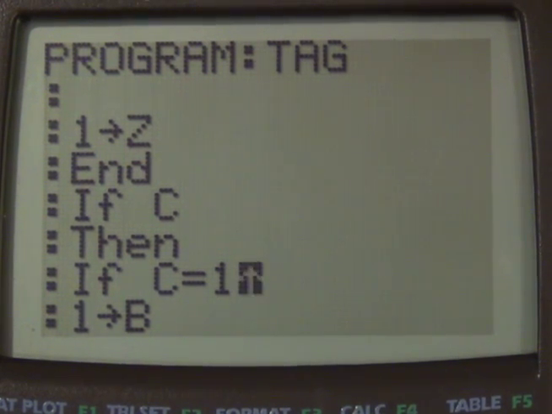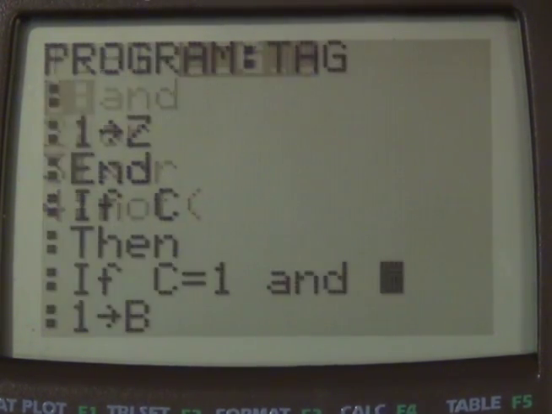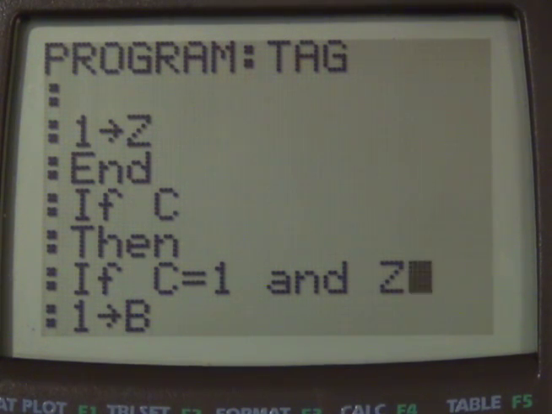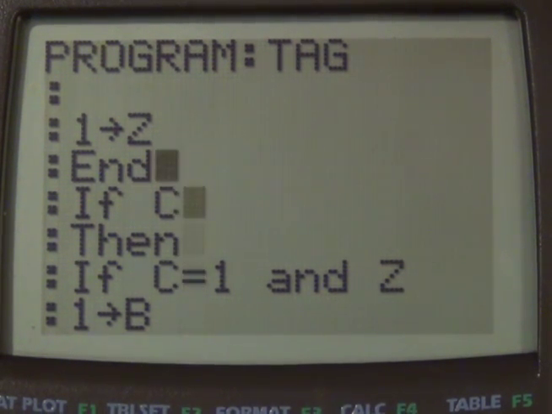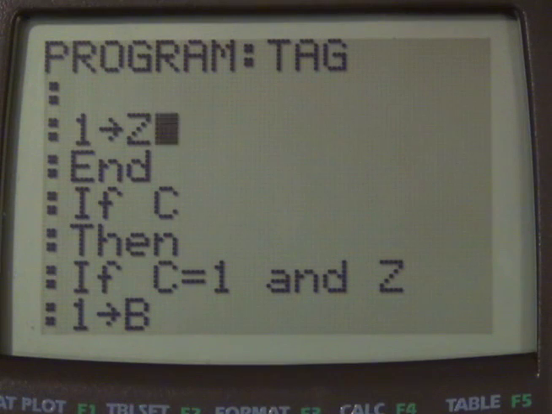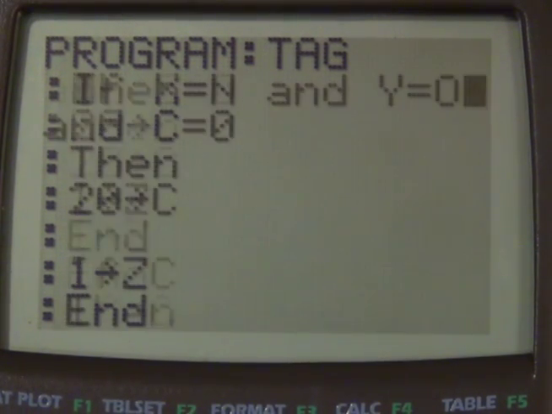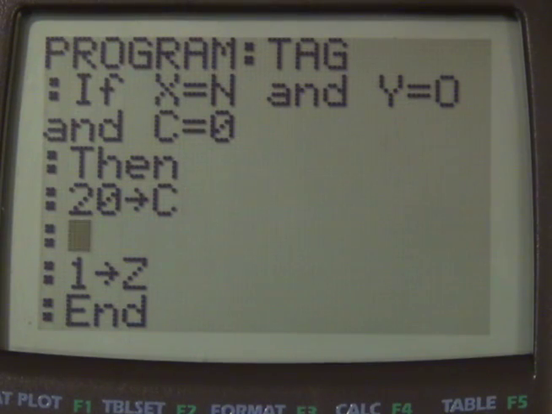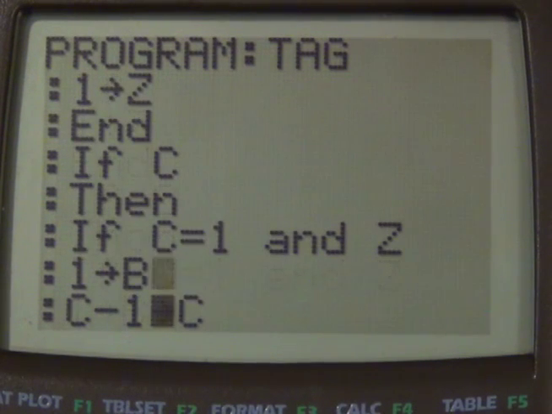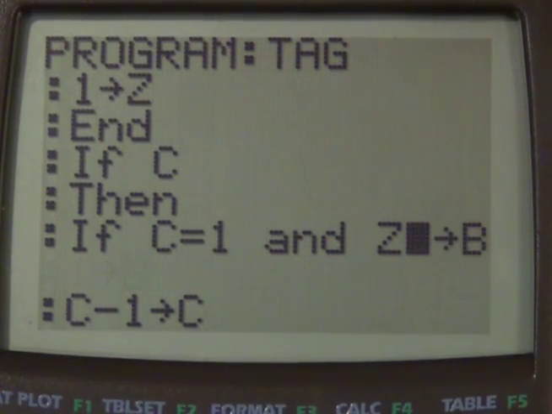So if c equals 1 and z is 1, then he's going to chase us. So we don't want to set z unless, oops,